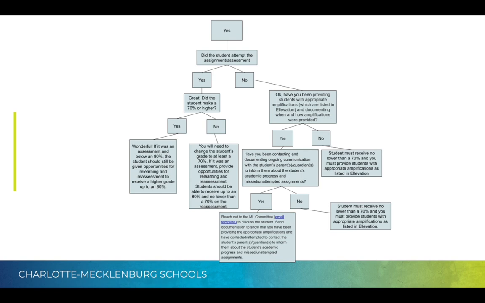There is a list of who you need to email. I'll show you this in a minute. And explain, link what you have implemented in your class and link how many parent contacts you have made and send that to the ML committee. Now, if you have not been providing the students with their appropriate amplifications, then you cannot give these students below a 70%.